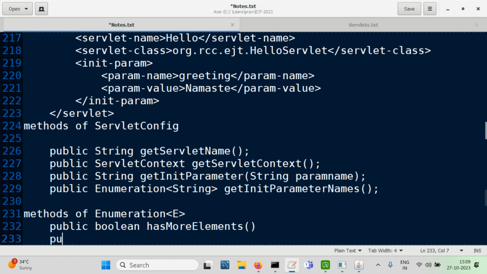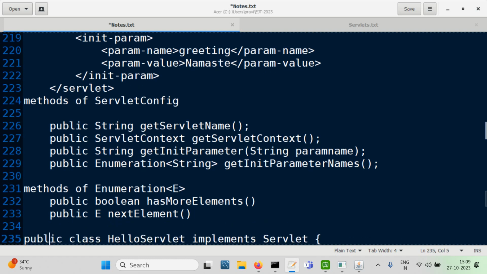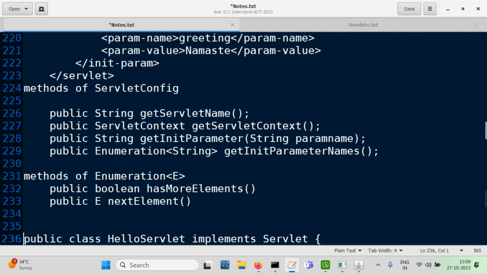Okay, that's one method, and public method returns E nextElement. And just remember these two methods. Okay, so that way you should be able to use all the init parameters if you want to specify in